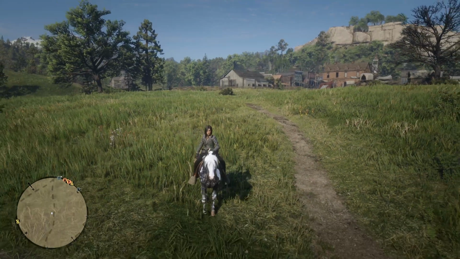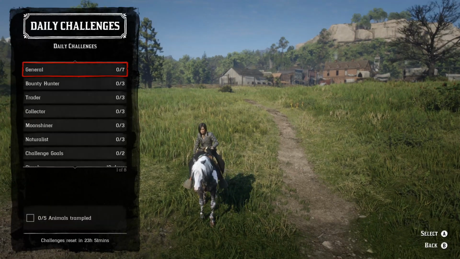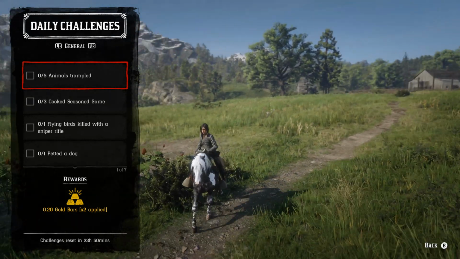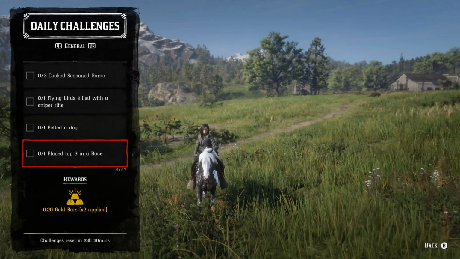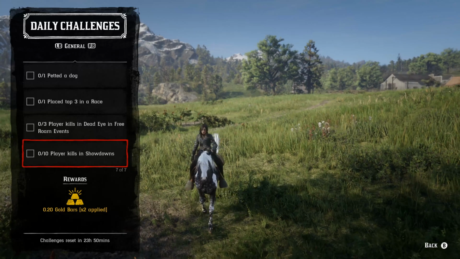All right, now let's go ahead and go to the next thing. Let's go talk about the daily challenges. We're going to start with that list mode first, and then we're going to follow it up with detailed information. So we got 5 animals trampled, 3 cooked season game, 1 flying bird killed with a sniper rifle, 1 petted a dog, place top 3 in a race, 3 player kills in Deadeye in free roam events, and then 10